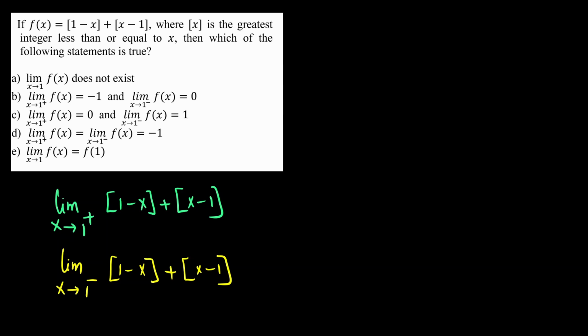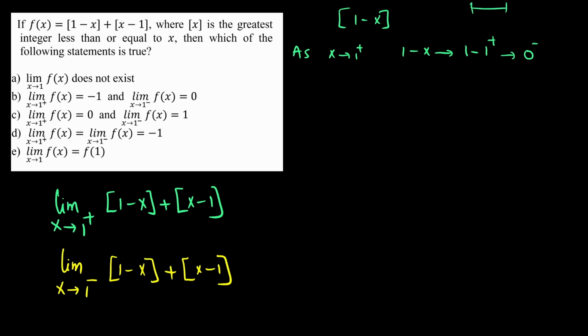Let's just consider now the limit as x goes to 1 from the right and look at the arguments of the greatest integer functions. So the first argument, which is 1 minus x here, and now as x goes to 1 from the right, 1 minus x is going to go to 1 minus 1 from the right, and that is going to be very, very close to 0, but it will bear a minus sign, right? Because it's exact 1 minus some number that is a little bit more than 1. And therefore the greatest integer of that 0, since it is from the left, since it is not an integer,